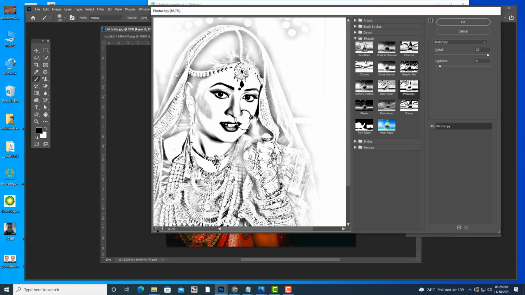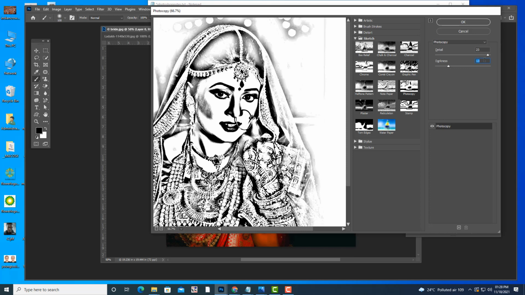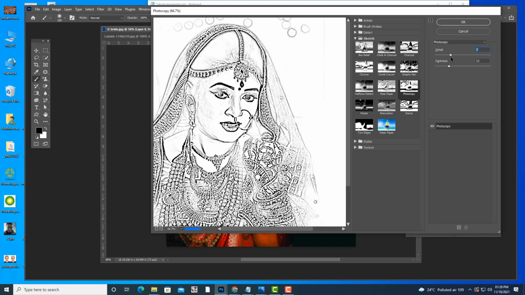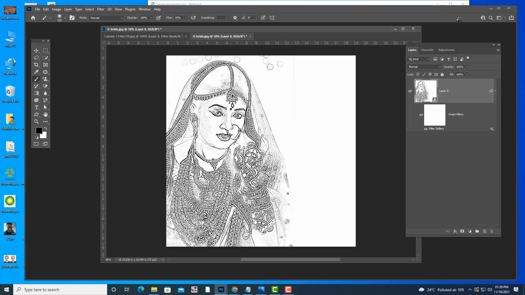Here you can use the photocopy option. You can increase the darkness if you want, and you can reduce the detail. Now it's looking like a pencil drawing.